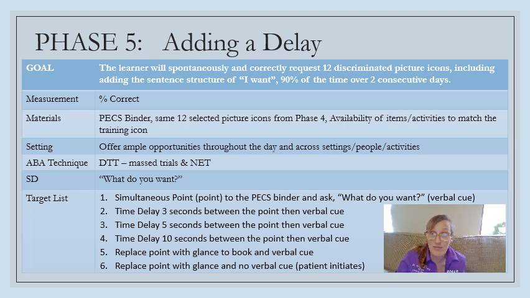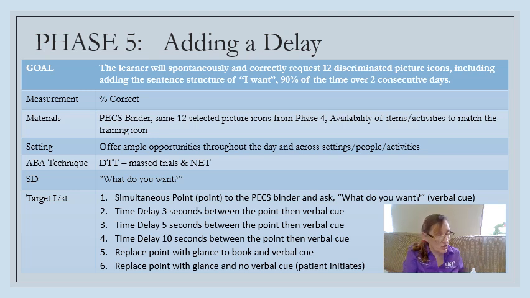Okay, so we're at phase 5, adding the delay. This is where we're going to make the kid a little bit spontaneous and independent. We're going to use those same 12 picture cards that we've been using, and we're going to use the "I want." We have to add that to the beginning of our sentences because now we're doing sentences. But if you look at this target list, numbers 1 through 6, what we're doing with